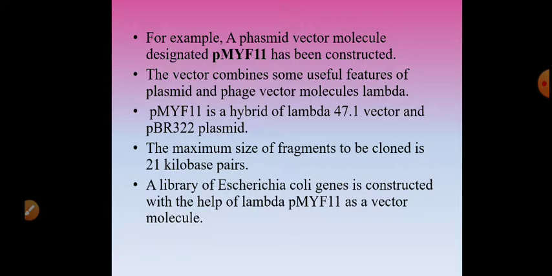So pMYF11 is a hybrid, okay, phasemid. Hybrid of what? Lambda vector and pBR322 plasmid. The maximum size of fragment that can be cloned inside this vector is 21 kb. Okay, now a library of Escherichia coli genes is constructed with the help of this phasemid, that is pMYF11,